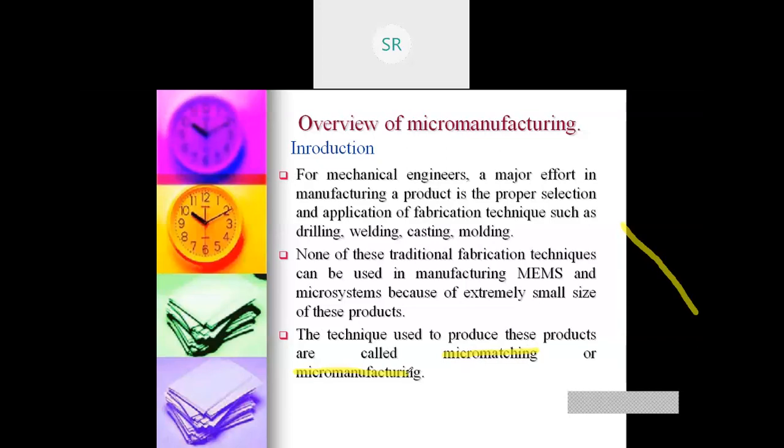Why? Because my techniques of drilling, welding, casting, molding cannot be used to design a microsystem or a MEMS component. So now I want to see what this technology is.